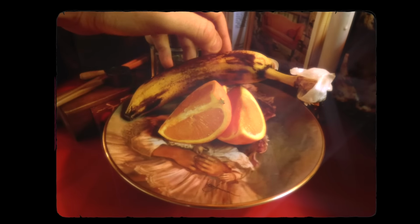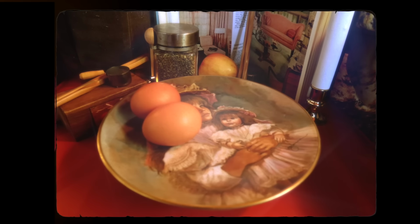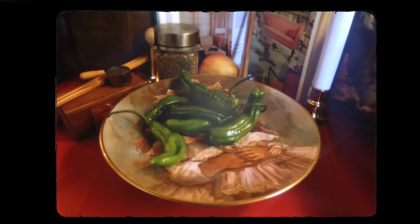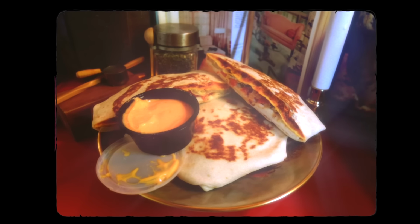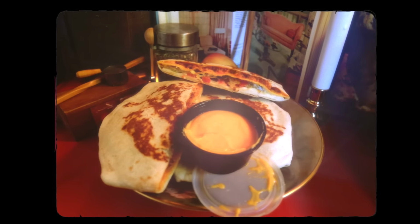In fact, in the time I've been in this house, I have already cooked, or at least prepared, several incredibly healthy meals. For example, here's some of these very healthy meals that I've had in here. Fresh fruit, cottage cheese and pumpkin seeds, some carrots, cage-free farm fresh eggs, shishito peppers, a nice green salad, 2 Crunchwrap Supremes eaten consecutively, one after the other with a side of nacho cheese sauce, a little bit of...